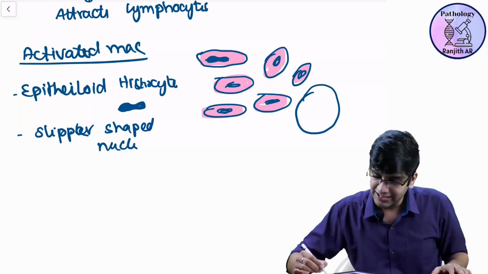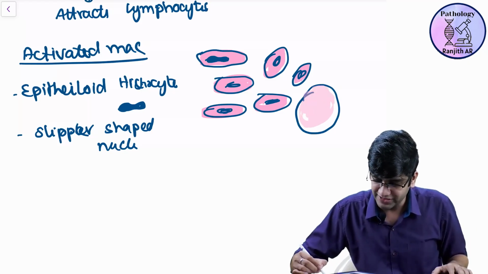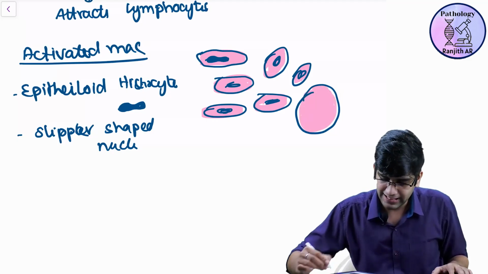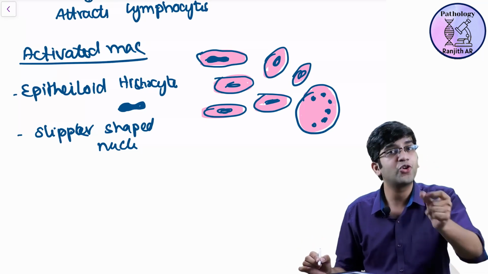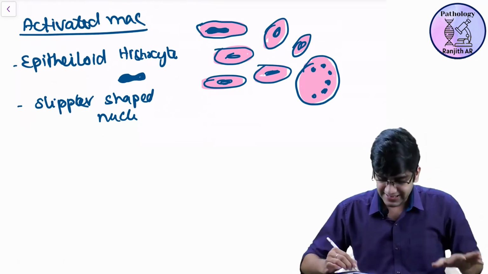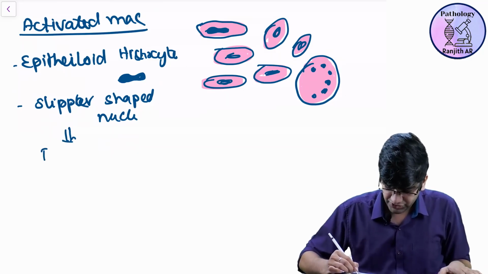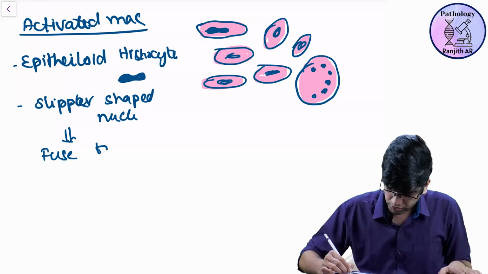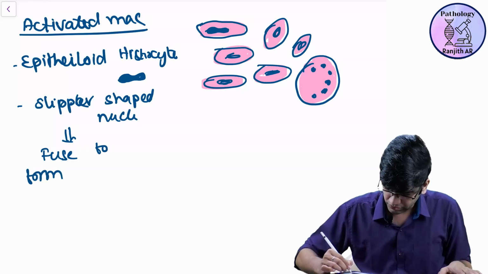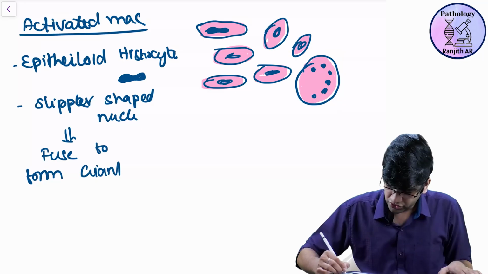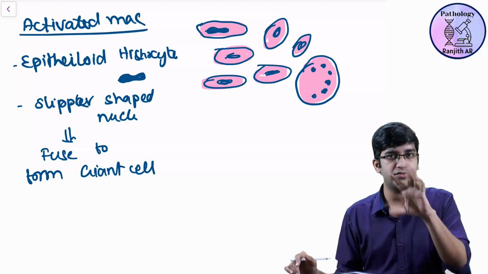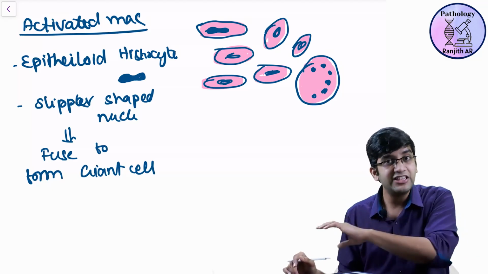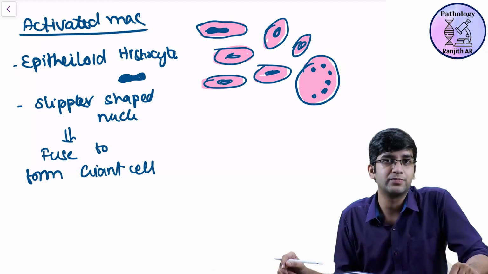So they join together, what's going to happen is, I'll have something like this. When they join together, the cytoplasm color will be pink, obviously, because everything is pink. And I have nucleus, multiple nuclei. When I have multiple nuclei, I'm going to call the guy giant cell. So giant cell is nothing but all these epithelioid macrophages, few of them fuse to form giant cell. So giant cell is nothing but epithelioid macrophages fused together. Fine, we got them.